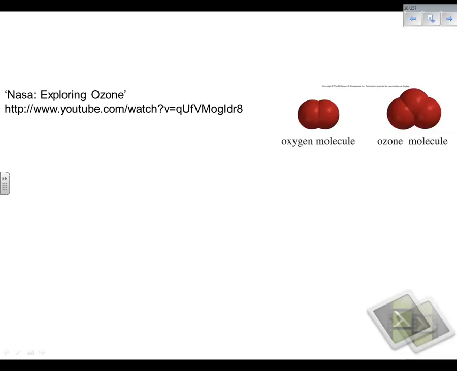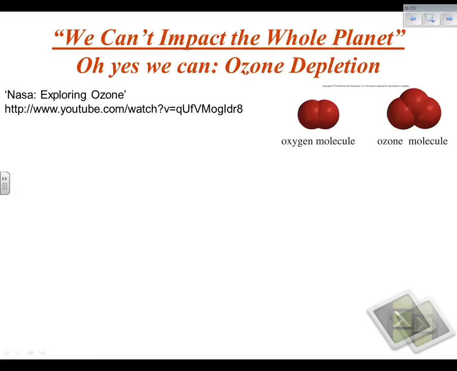One of the big arguments from those who are dubious about climate change is the idea that we cannot impact the entire planet. It's just too big. Well, let's look at something that did. Ozone depletion by man-made chemicals. It has been known since the 1970s that a whole host of compounds emitted by humans deplete the stratospheric ozone